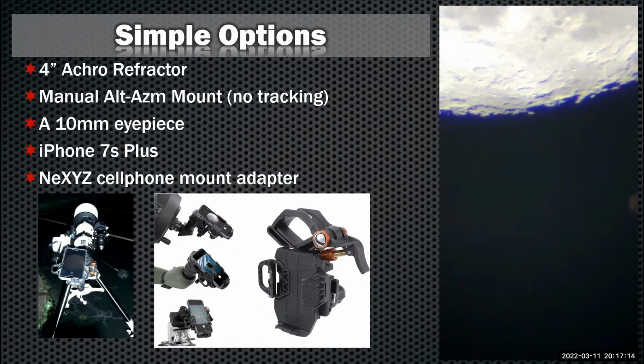So you can get it dialed in just right, because every cell phone is going to be different. Every time you clamp one of these adapters onto your eyepiece, it's going to wind up being different, so you're always going to have to manually adjust. A lot of the ones that you just lock in with thumb screws, the tolerances are just too large, so it's hard to get that cell phone dialed in just right. And that's the key. There's a very small sweet spot over the eyepiece where your cell phone needs to be. So that's why I highly recommend it.